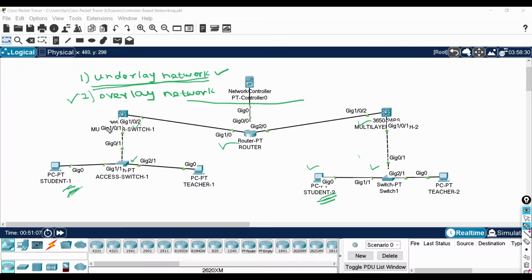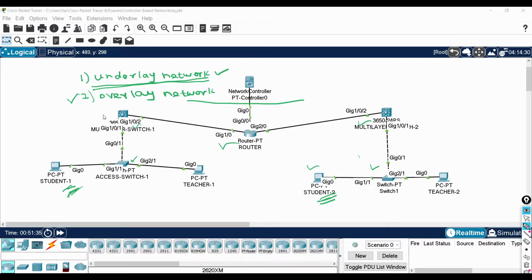The user is not aware of the intermediate networking and the issues. So it is called intent based networking. We are just going to troubleshoot the issue from the point of view of the user.